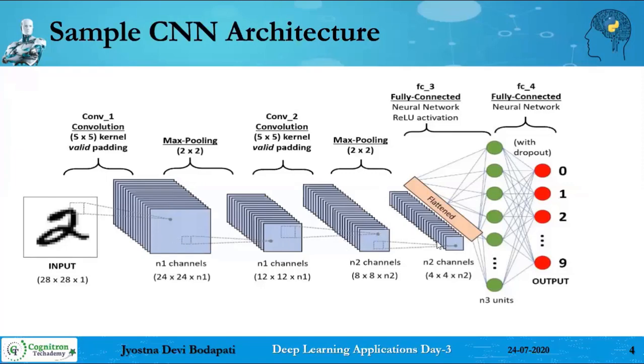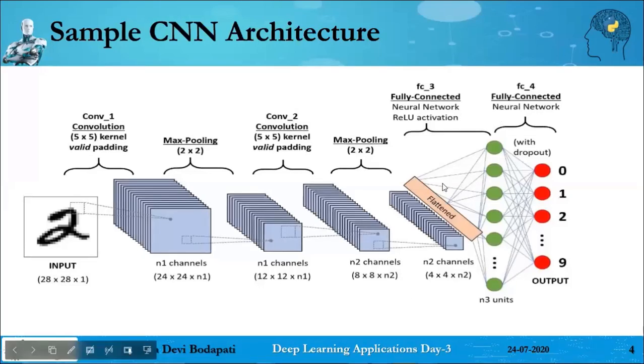Once you complete the convolution blocks, you need to have the final fully connected layers to get the final classification output, right? The dense layers can take only vector input. So your 2D data, or the volume of data, has to be converted to a vector. For that you need a flatten layer, so that is why we are going to use the flatten layer. These are the dense layers, and this is the flatten layer. Flatten layer means you are converting your volume data into a vector. That's all, nothing more than that.